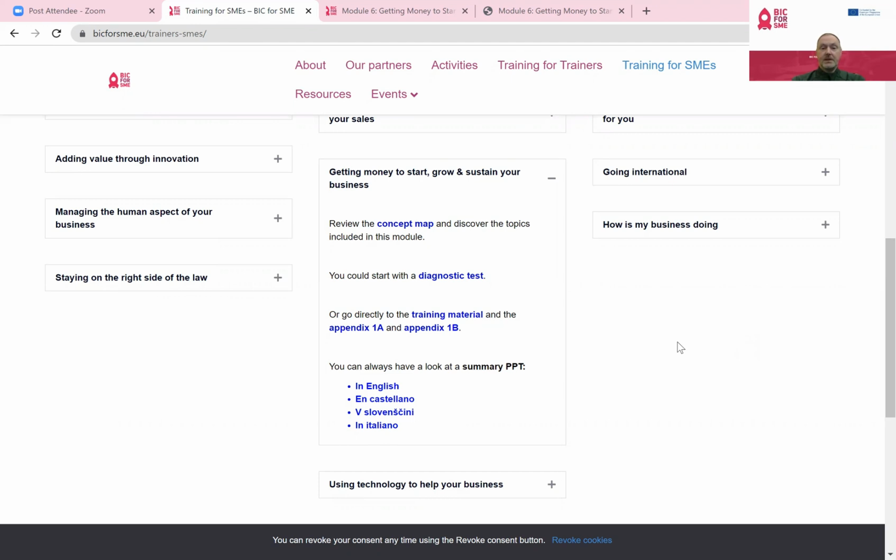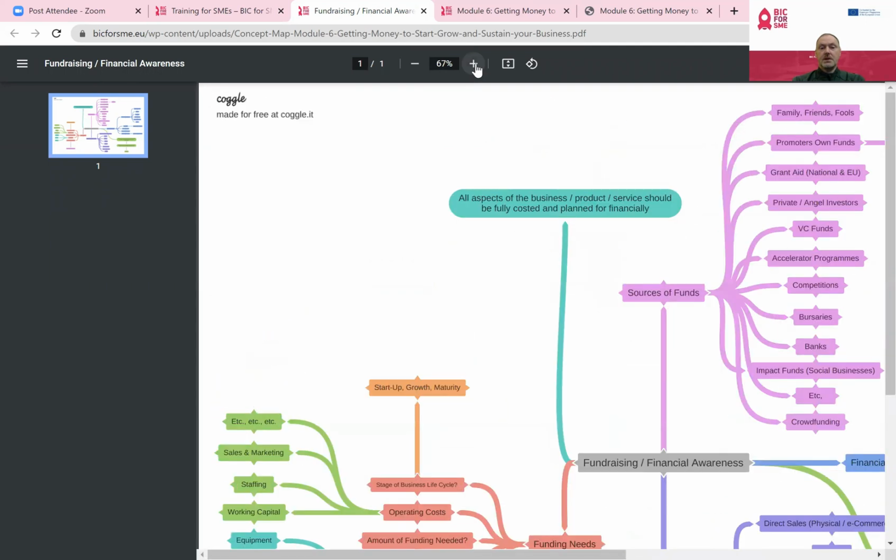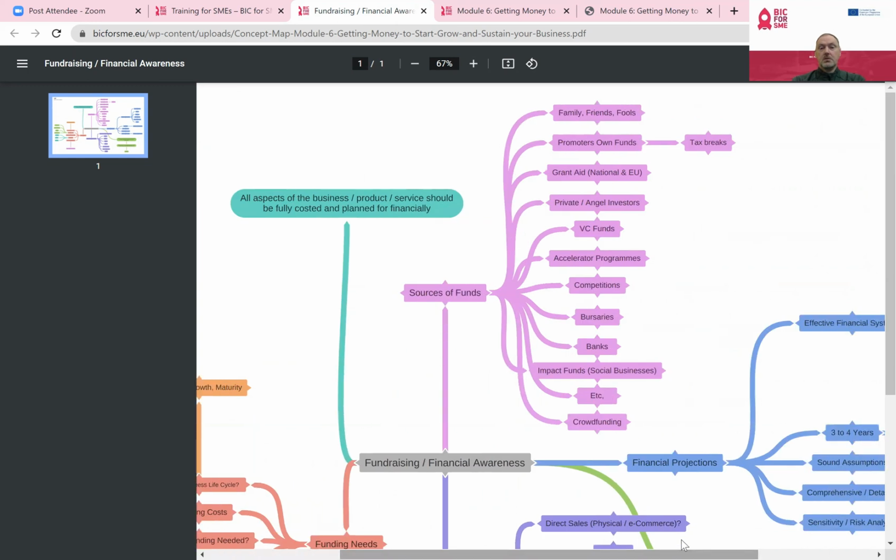After you have completed the diagnostic, you can then go to the concept map, which we've looked at briefly earlier on. By clicking on the concept map, we can get an overall picture of finance as it relates to the business. If we increase the magnification of the screen, we can see it looks at issues such as sources of funds,